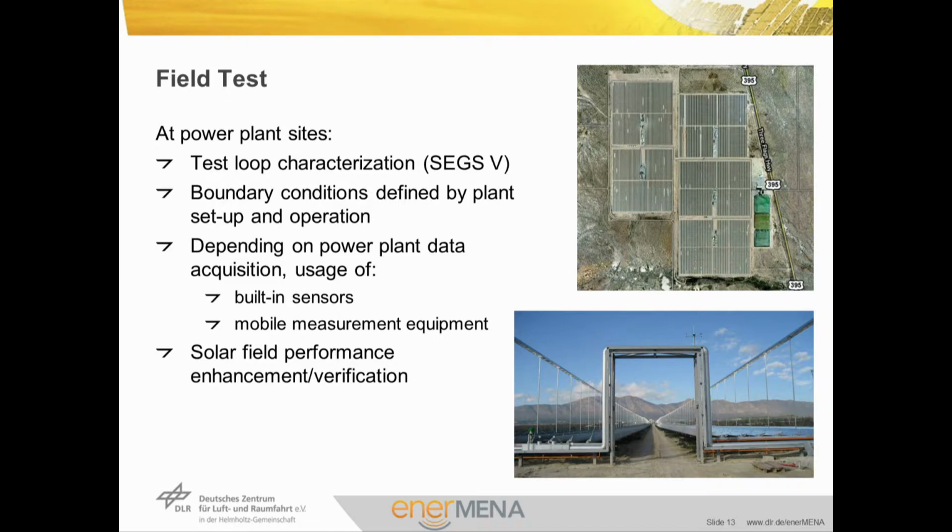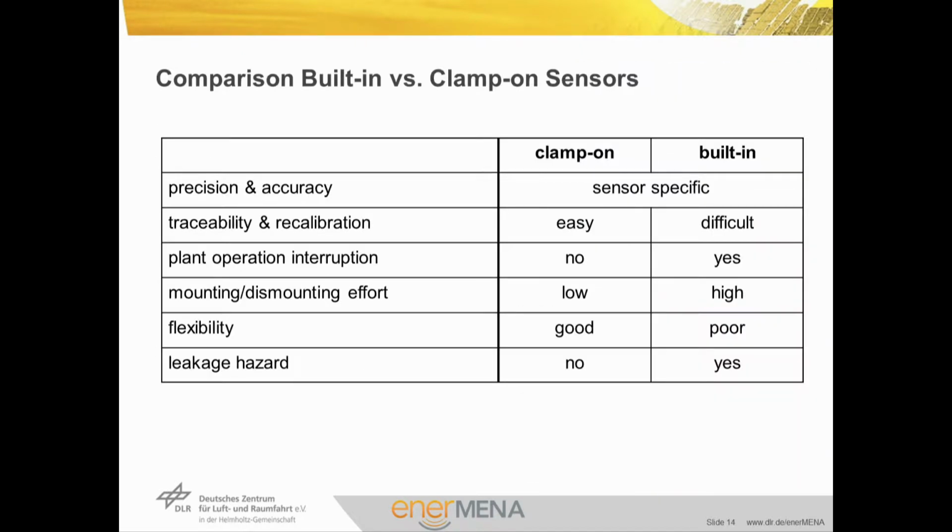There are 2 approaches towards the acquisition of power plant data, using either built-in regular sensors or extra mobile measurement equipment. The different approaches will be discussed in more detail in the following slides. Field tests typically aim at the verification or enhancement of the performance of an existing solar field. When choosing between options of sensing and data acquisition for field performance testing, there are 2 main approaches: